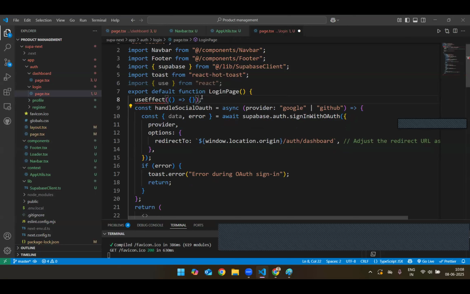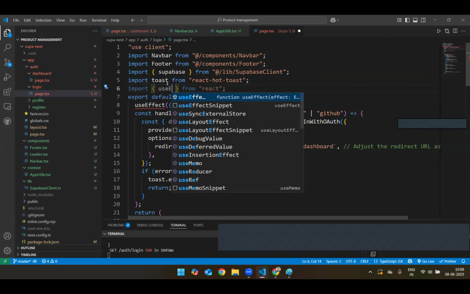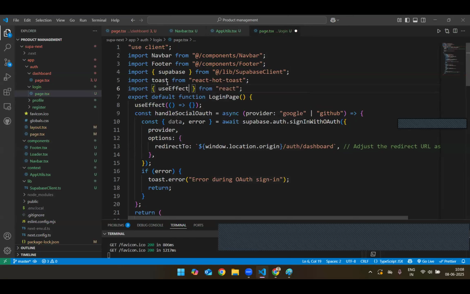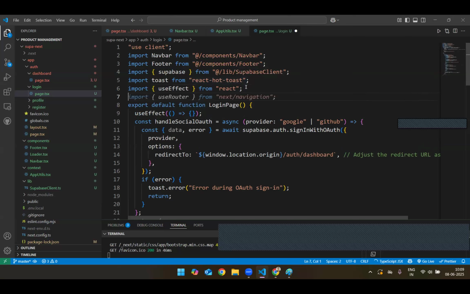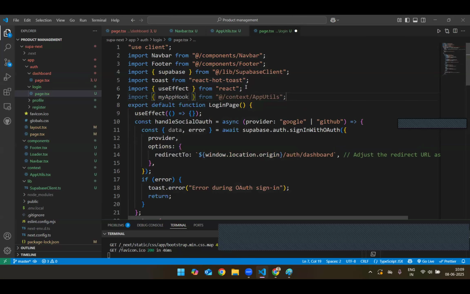Before that, we have to import the useEffect. Inside this, now let's first call our my app hook. So I'm going to call my app hook,